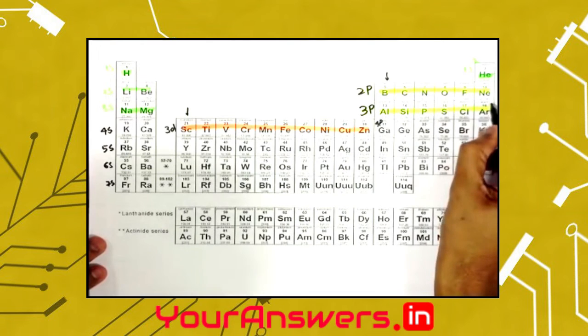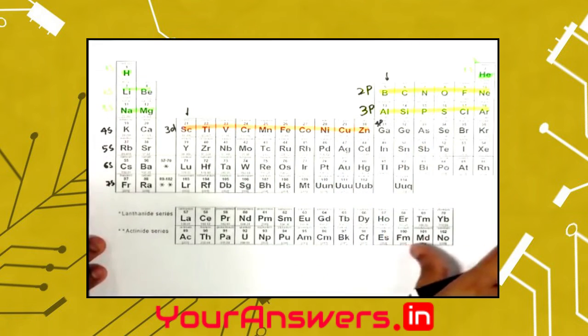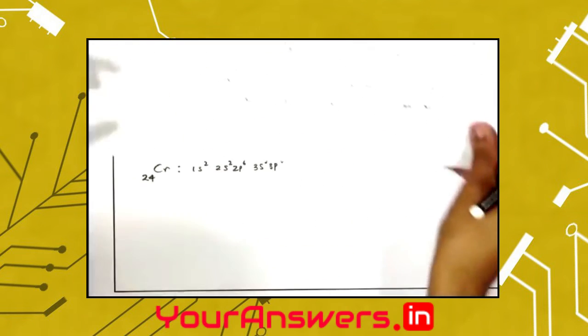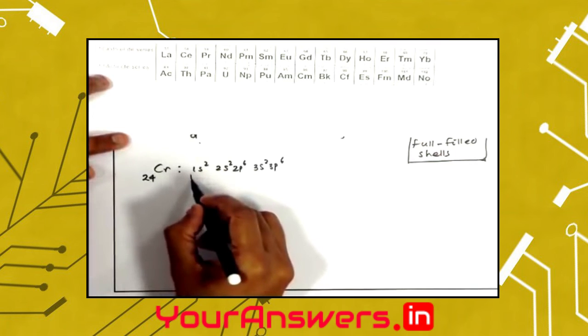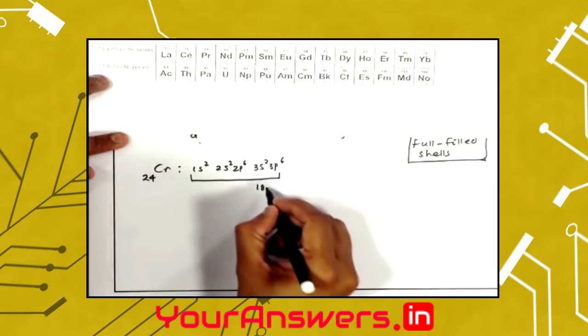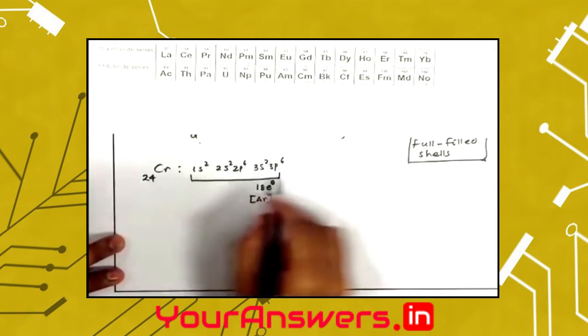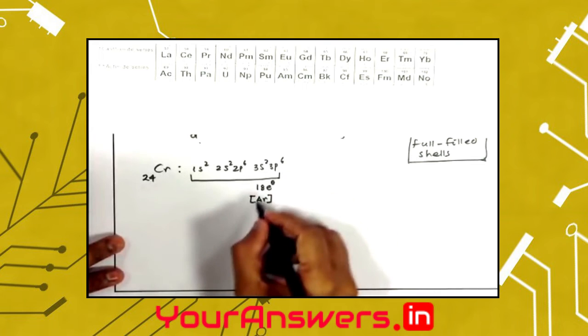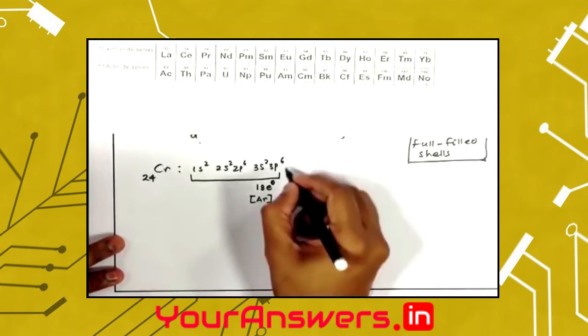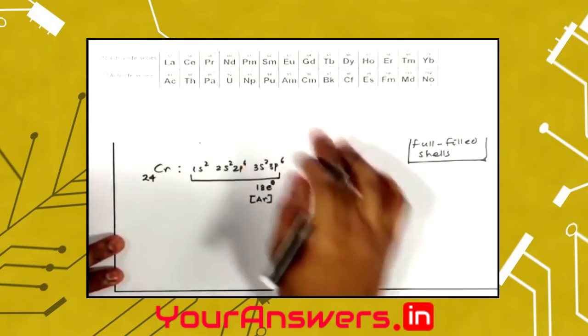Before chromium, argon has 1s2, 2s2, 2p6, 3s2 and 3p6, which is 18 electrons, and this is the configuration of argon. So instead of writing all these things, I can write simply argon and then follow what is coming. So after 3p, I'll have to fill the